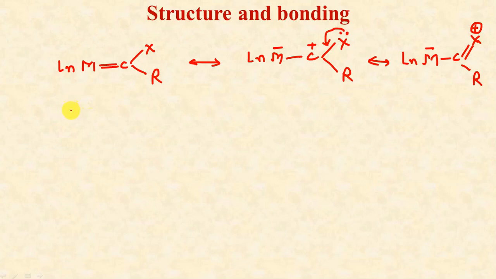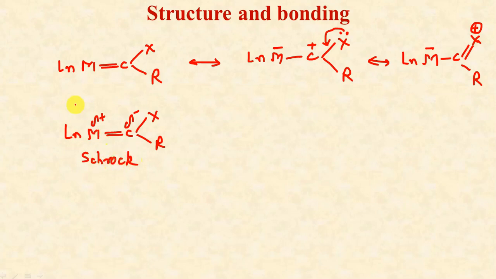As far as the Schrock carbenes are concerned, in that case the ligands attached to the metal should not be pi acceptor. The metal should have high oxidation state, and the carbon which is forming a double bond with the metal should have non-pi donor substituents at this carbene carbon atom. So in this case, the metal is partially positively charged and the carbon is partially negatively charged. So this is the Schrock carbene